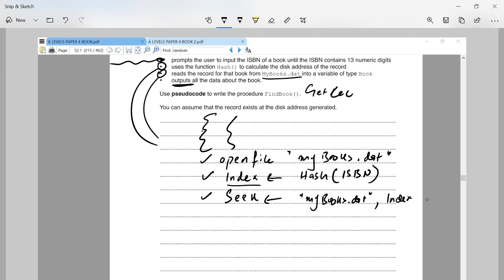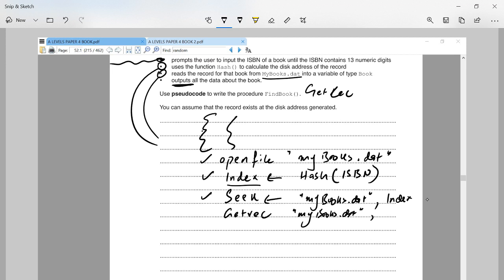And if you want to input, for input we use the PutRecord. I think it's quite obvious. So after seeking, GetRecord, or you just write down completely GetRecord from mybooks